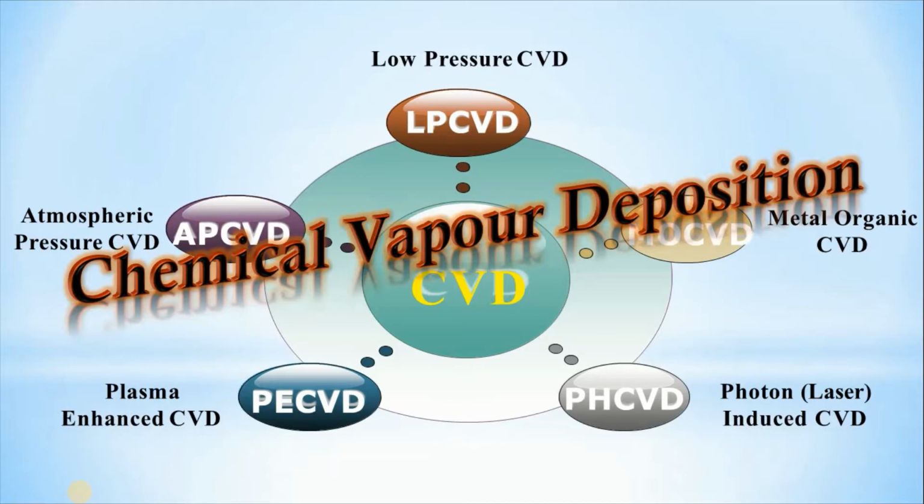By varying the experimental conditions, such as substrate material, substrate temperature, composition of the reaction gas mixture, total pressure, gas flows, etc., materials with different properties can be grown. So CVD is an example of a solid vapor reaction. CVD involves the dissociation and/or chemical reaction of gaseous reactants in an activated environment, like heat, light or plasma, followed by the formation of a stable solid product.